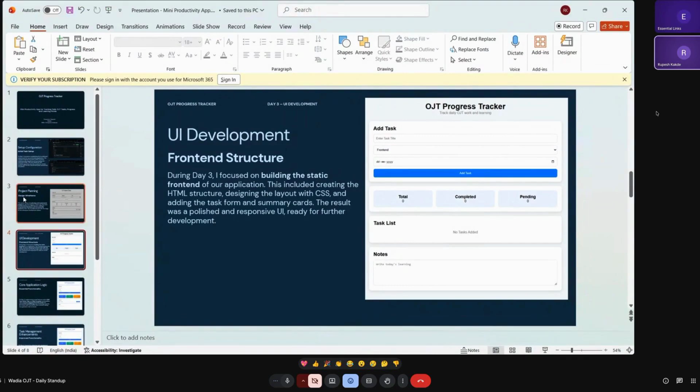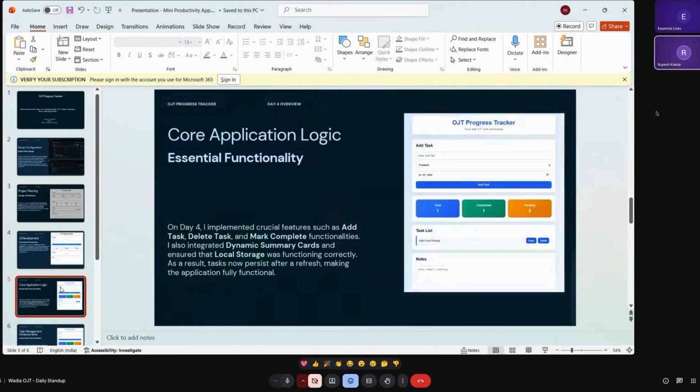Then the next day, I focused on the core functionality of this project using the JavaScript language. I also tried to learn JavaScript. On day 4, I implemented the core functionality. Then I added features like add task and delete task.